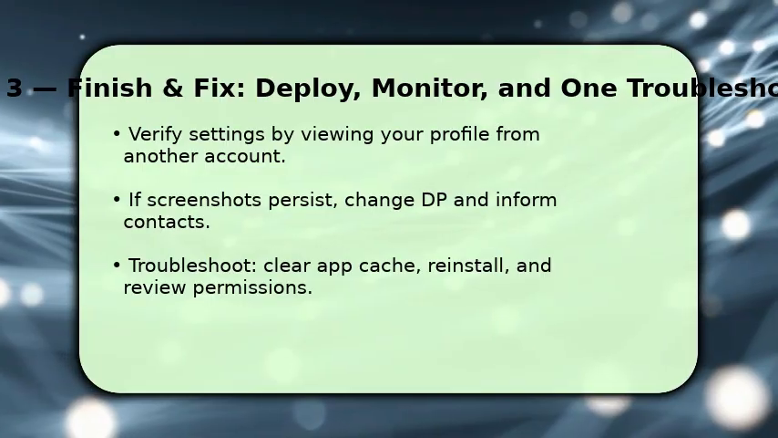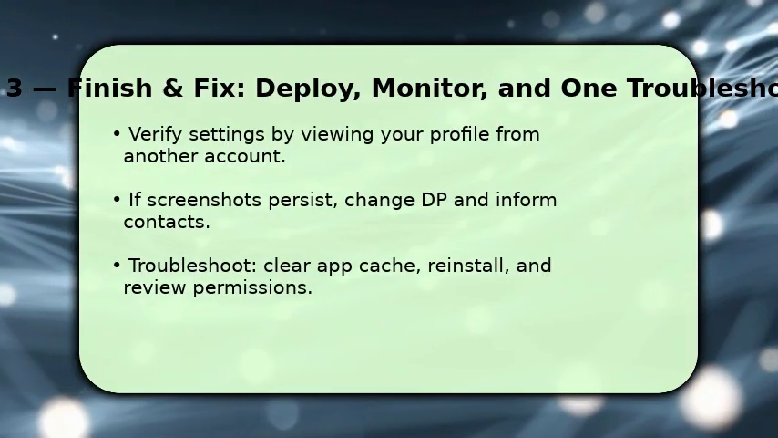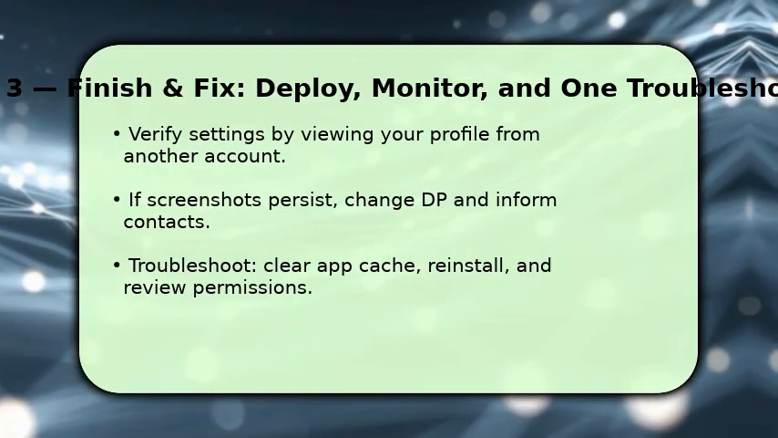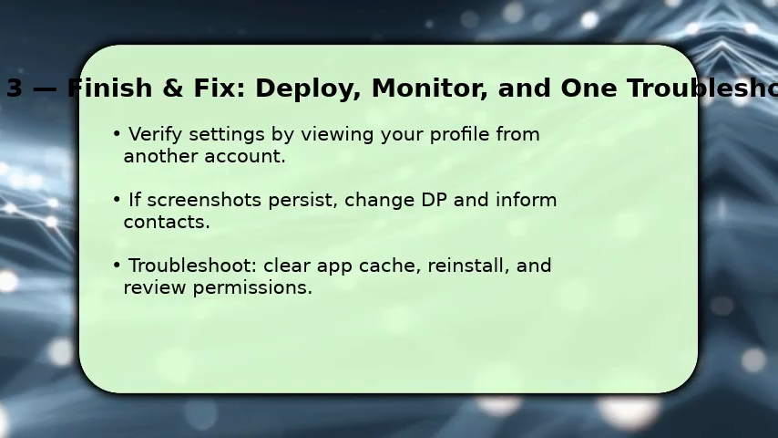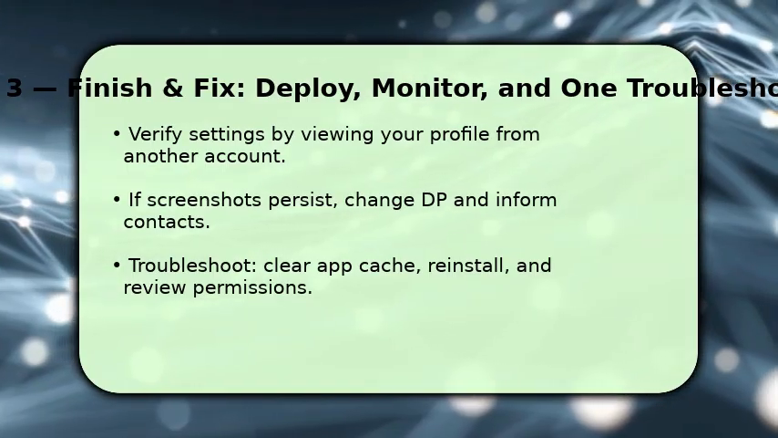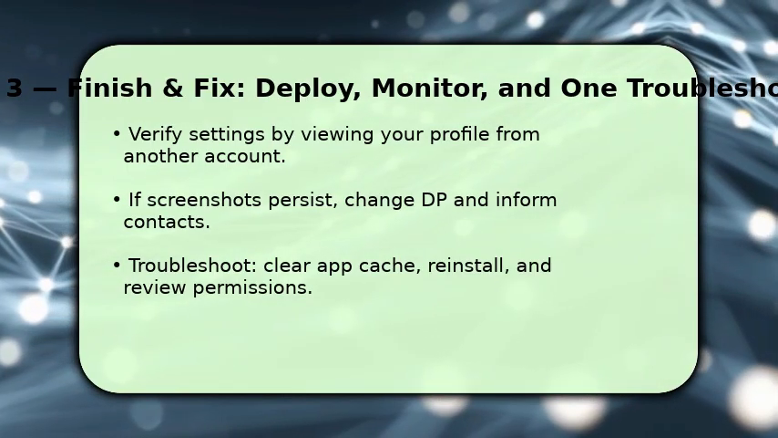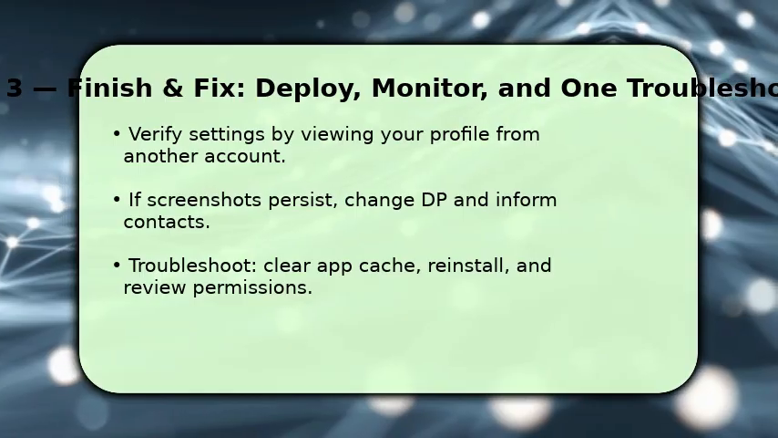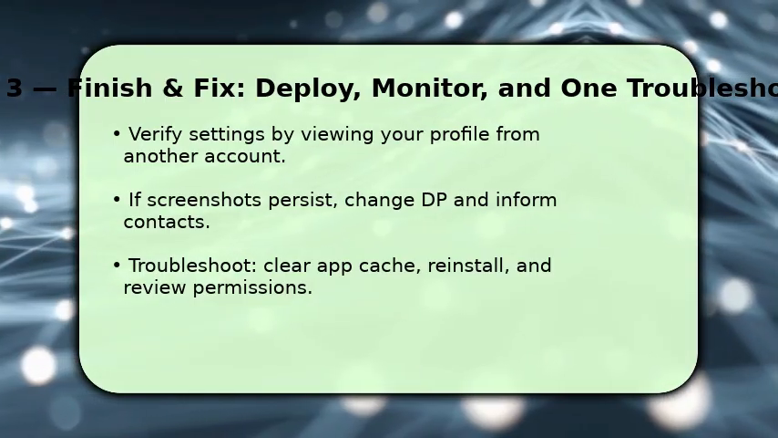Use a secondary account or ask a trusted contact to confirm they can't see your DP if set to nobody. If someone still screenshots, change the picture immediately and message contacts to request deletion. Social pressure can help. For technical issues, clear WhatsApp cache, reinstall the app, and review permissions to ensure nothing's overriding